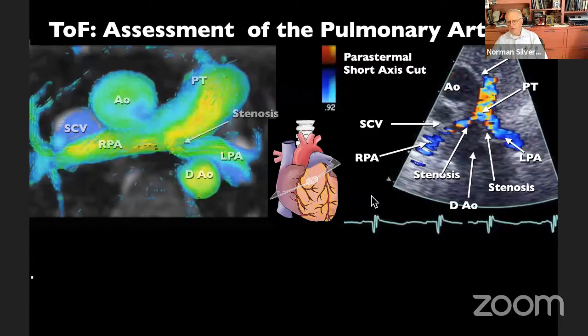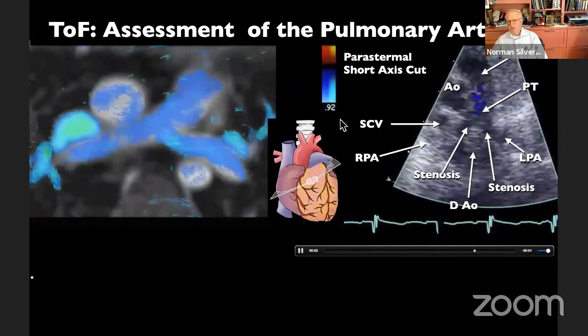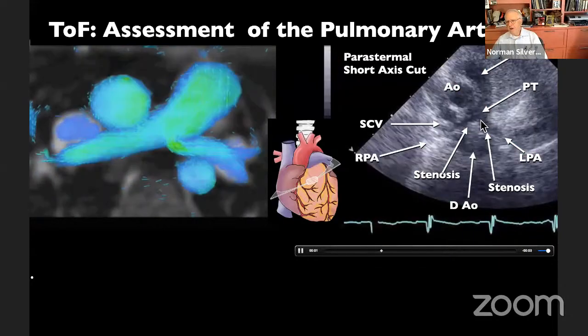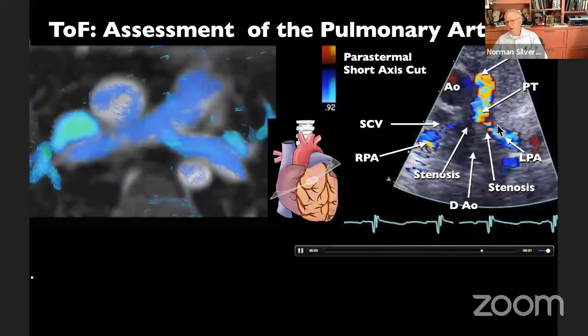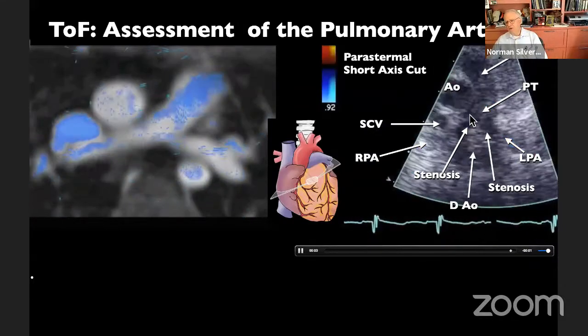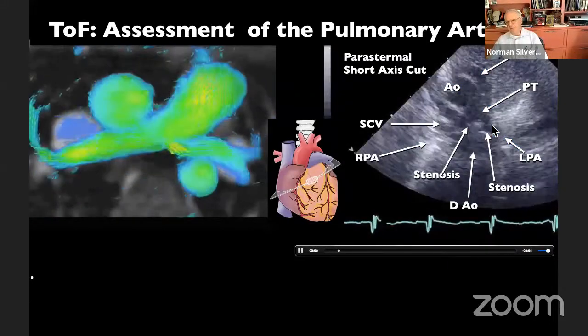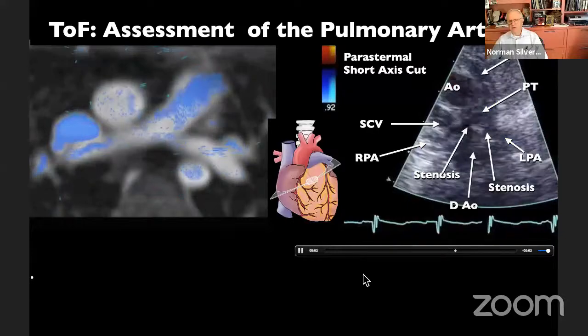And here is the echocardiogram, and you see on this echocardiogram stenosis of the origin of the branch pulmonary arteries. And I've shown this only with a color flow system here. We've put the color flow on the two-dimensional image. The pulmonary arteries look actually not too bad here, but when you look at the flow, you can clearly see that there's an origin of flow problems here, and this is something that the surgeon is going to need to attend to.